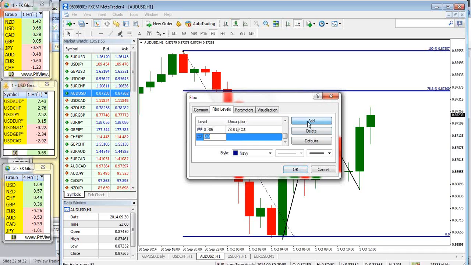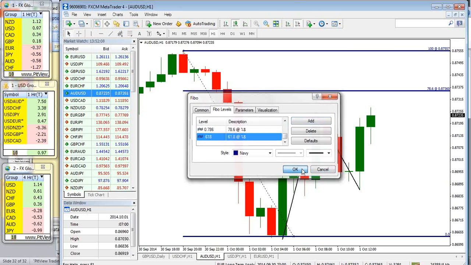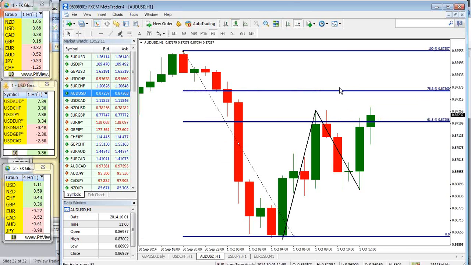Let me add in something here. I forgot I had 61.8 at, sorry, I'm just doing some MetaTrader stuff here. I taught another class on the 78.6 retracement level. This is what we call a Gartley pattern right in here. This is what we call a bearish Gartley pattern,